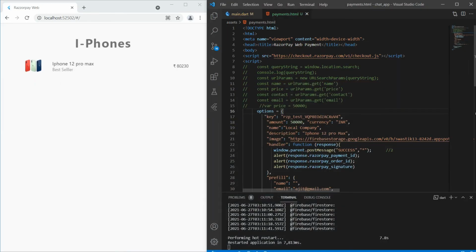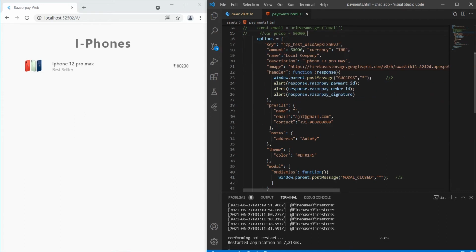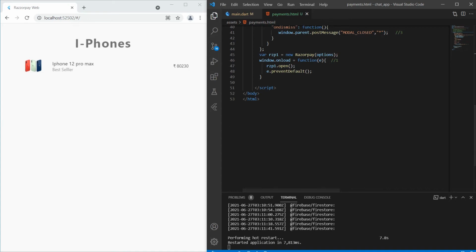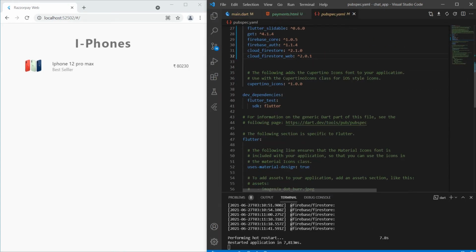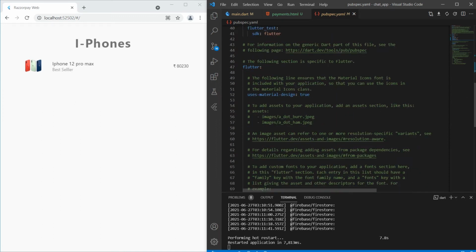Okay, where is the test id? So I pasted my test id here. So actually we did all those things for the Razorpay payments.html. Now we will move to our pubspec.yaml and we will assign our, where is the assets?